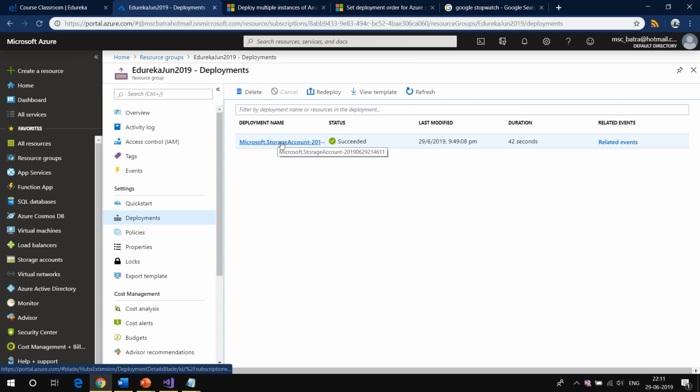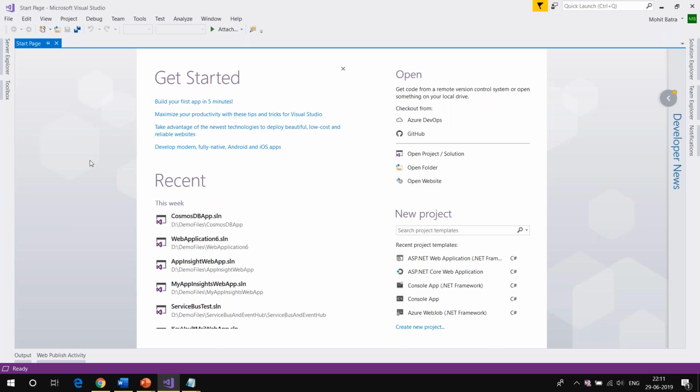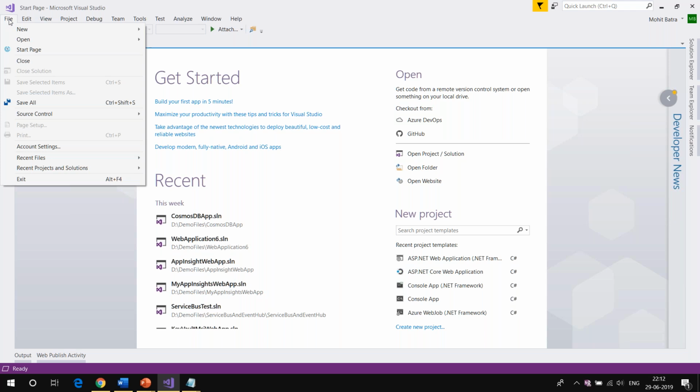Now we have seen the ARM template. We understand that it requires a JSON. Let's go ahead and try to create this thing manually. Okay, we'll create everything from scratch. So what I'm going to do, I'm going to use Visual Studio. If you are using Eclipse, that's good enough. If you're using IntelliJ, good enough. If you want to do that in Notepad, it's slightly difficult because there is no IntelliSense, but that's still good enough. So you can create your ARM template in any IDE.